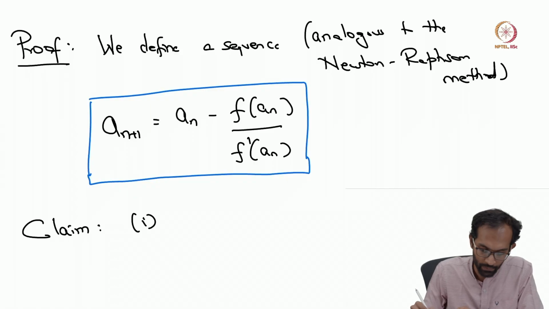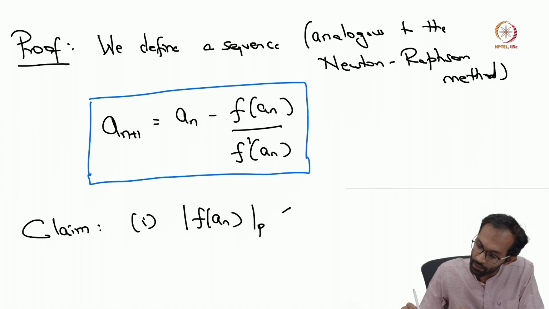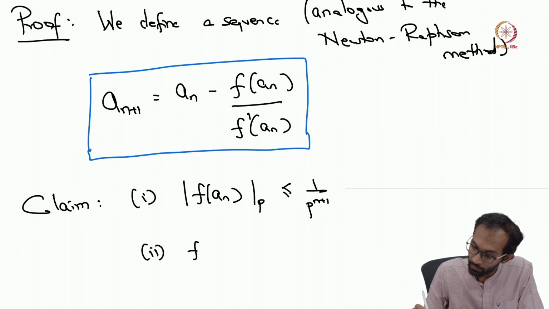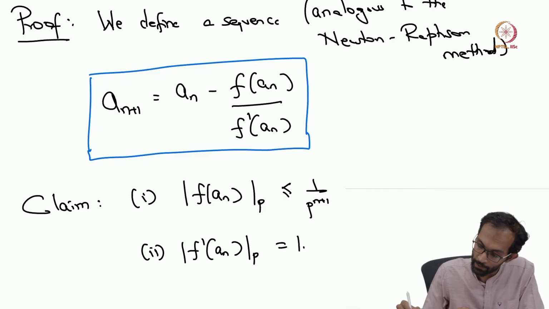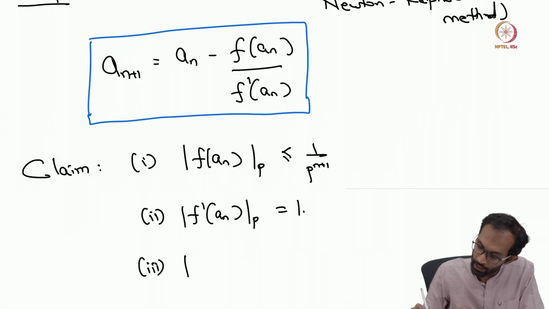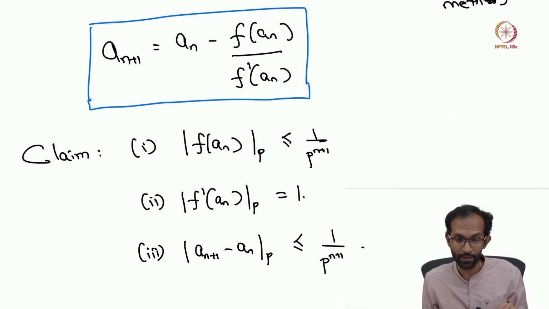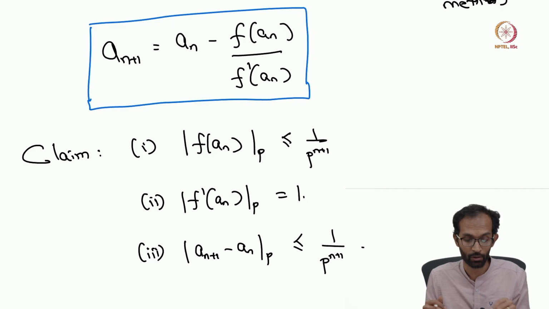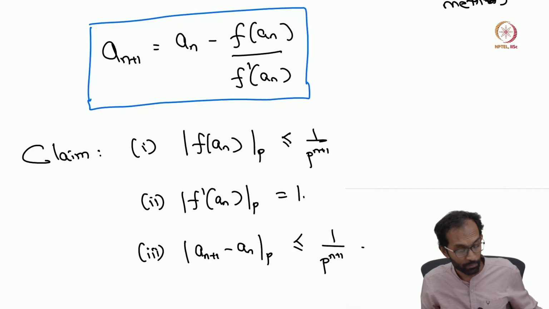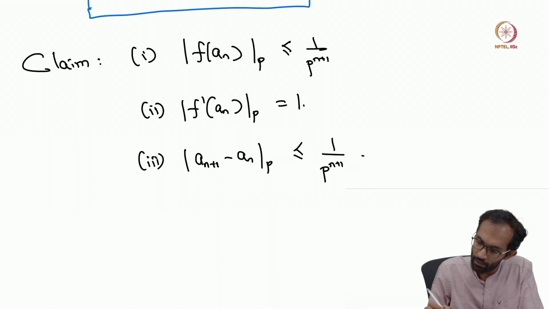So my claim is that if I look at f(a_n) and compute its p-adic absolute value, this is less than or equal to 1 over p to the n plus 1. If I take the derivative of f and compute it at a_n and compute its p-adic absolute value, this is 1. And then if I look at a_{n+1} minus a_n and compute the p-adic absolute value, this is less than or equal to 1 over p to the n plus 1. Okay. So I have the sequence analogous to the Newton-Raphson method, and I want to establish some properties about the sequence. So these properties are summarized in this claim. So we'll prove this claim